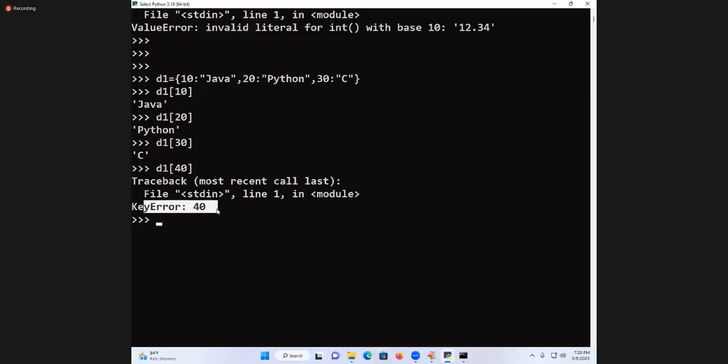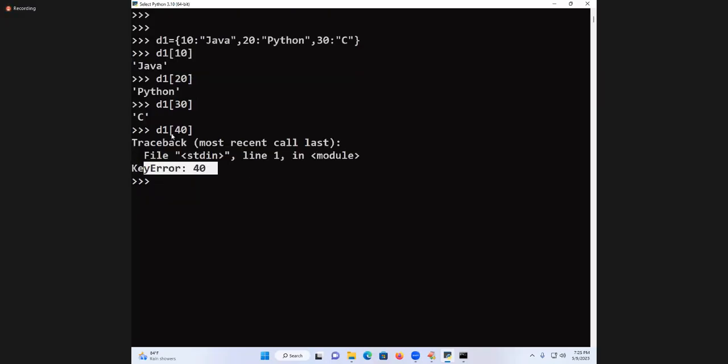Key error, index error, these are all called what? Predefined exceptions, exception classes. These exception classes are already defined, so they are known as predefined exceptions. We can develop our own exceptions also. So last and final, what is this input? Wrong input. Wrong input means what is created by PVM? Object. Which object is creating? Key error. What is 40? Invalid input. Invalid input is called what? Exception. Exception means what to create? Object. Object needs an exception class.